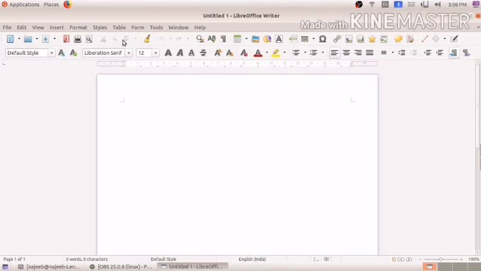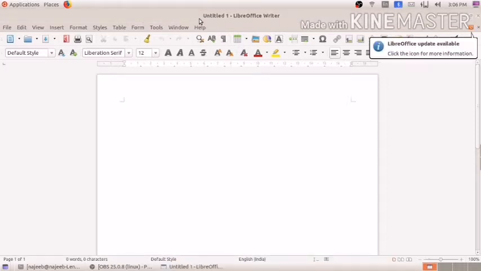You see, this is the window for LibreOffice Writer. Here, first of all, I am discussing the IDE. Here you see, this is the title bar, where you can see Untitled 1 LibreOffice Writer.